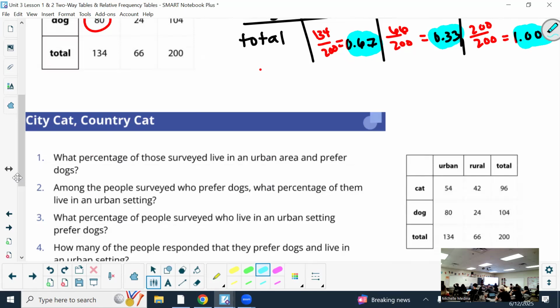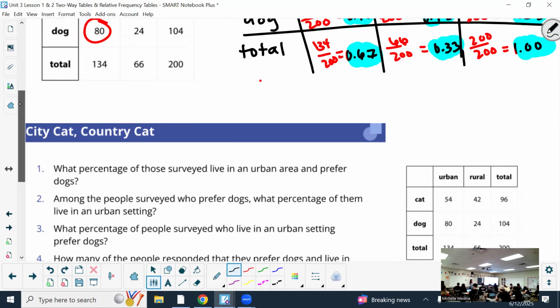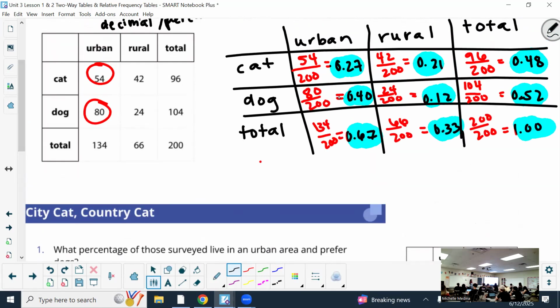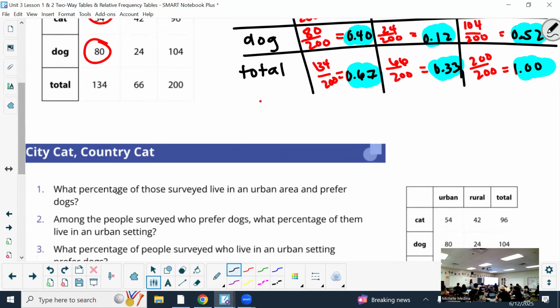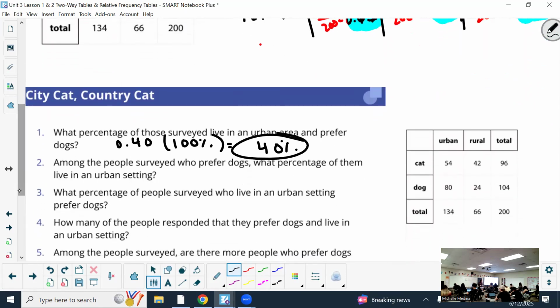When it says what percentage of those surveyed live in an urban area and prefer dogs, well, we did that when we made our relative frequency table. Urban area and preferred dogs, that's 0.40. Times that by 100%, and that's how we get the 40%. So that one we could see from our relative frequency table because that was out of the people surveyed. This next one says,